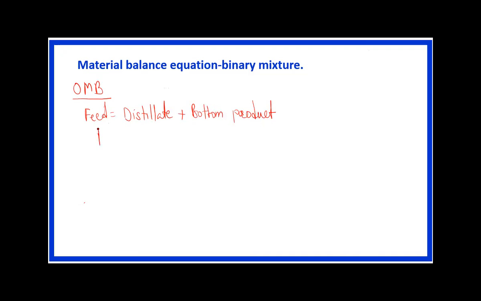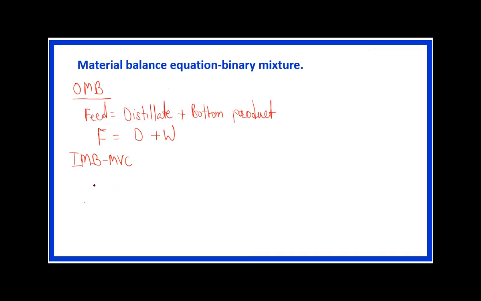So feed can be indicated as F, then distillate can be indicated as capital D, and bottom product or waste can be indicated as capital W. In a similar way, we can write the individual material balance for the MVC component. Suppose in the binary mixture, A is the more volatile component, then we can write the individual material balance for